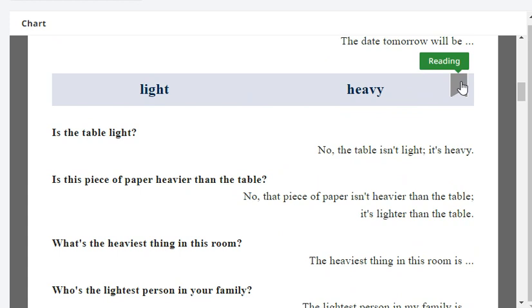Okay, repeat. Is the table light? No, the table isn't light. It's heavy. Is this piece of paper light enough? Is it heavier than the table? No, that piece of paper is